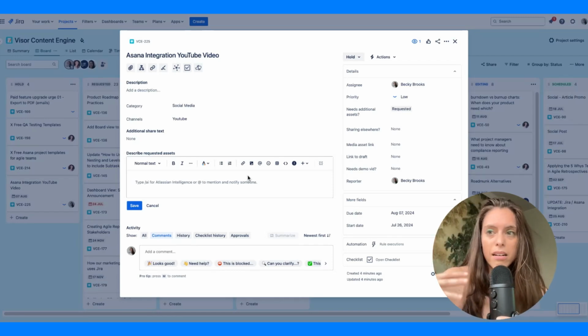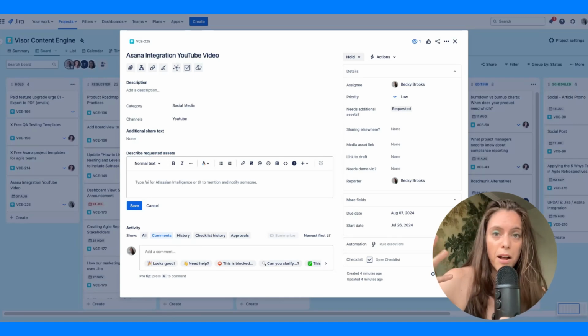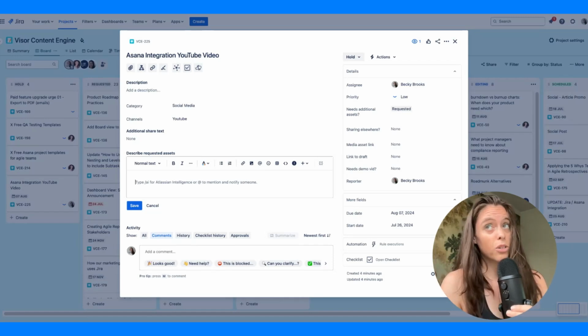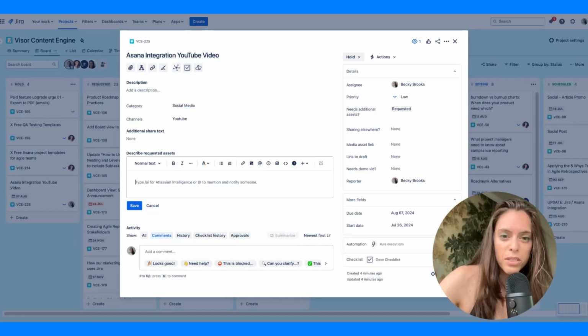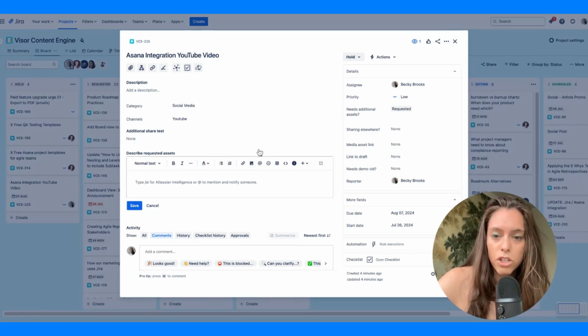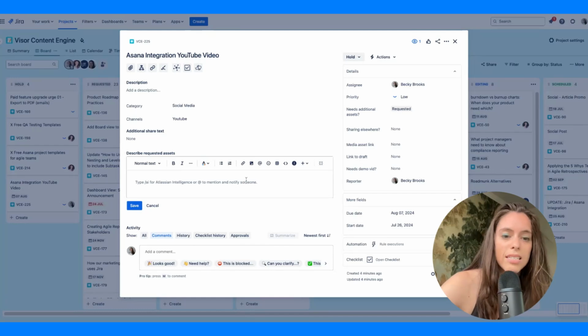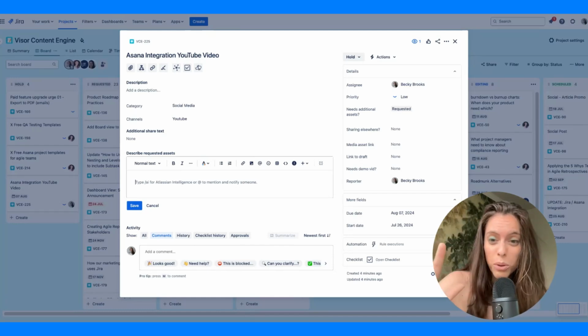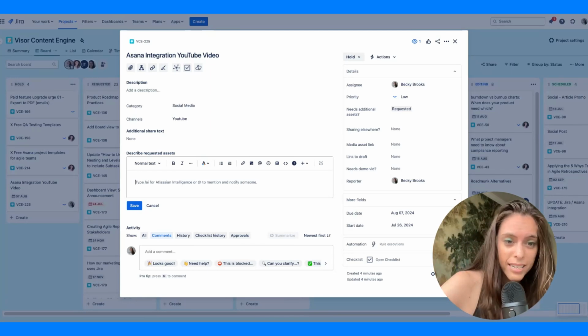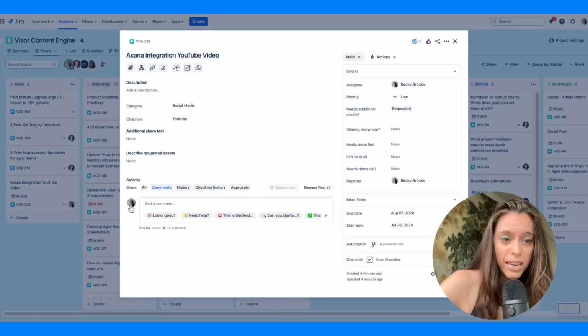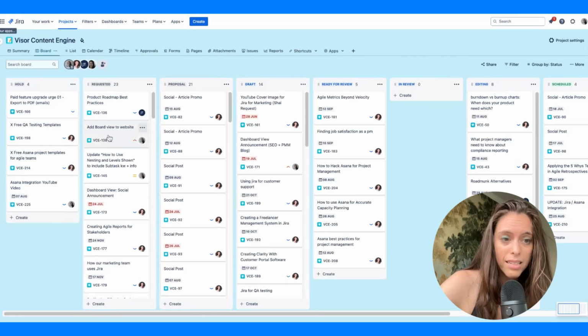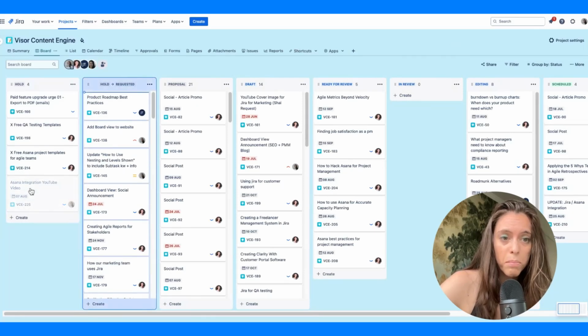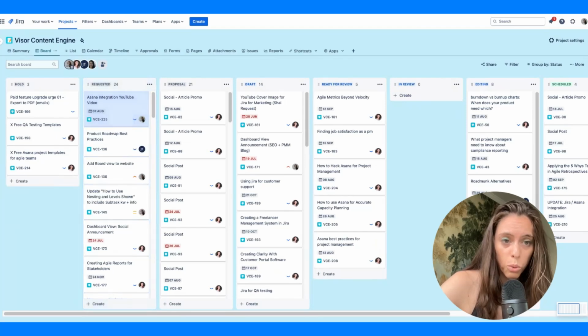And also because a lot of our YouTube images have a photo of whoever is doing the video, in this case, me, kind of doing a fun little pose, I would even upload the image straight to the ticket so that the designer has it. I don't have that ready right now, so I'm going to refrain from that, but let's just pretend I did that. And then I am going to hit save, and voila,